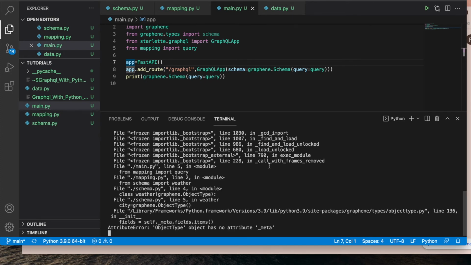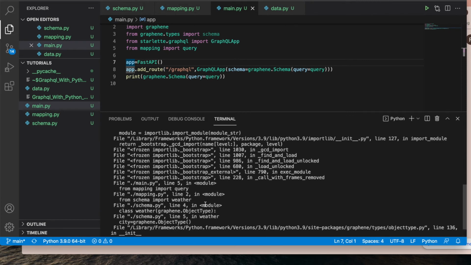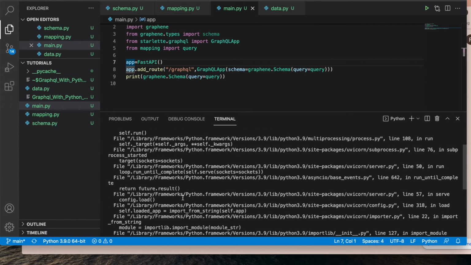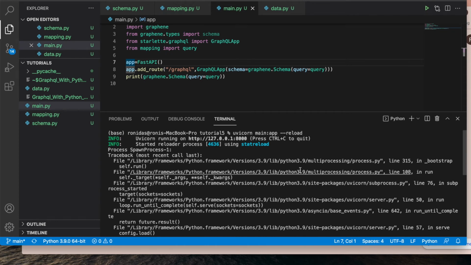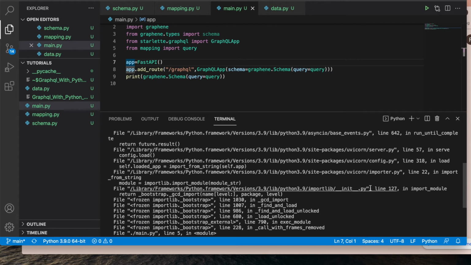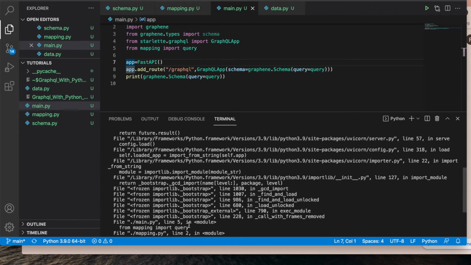So there is some error actually. Let me understand. Object type has no attribute meta. Which line did I get this error on? Let me check. Server process, main.py line number 5, from mapping import query.